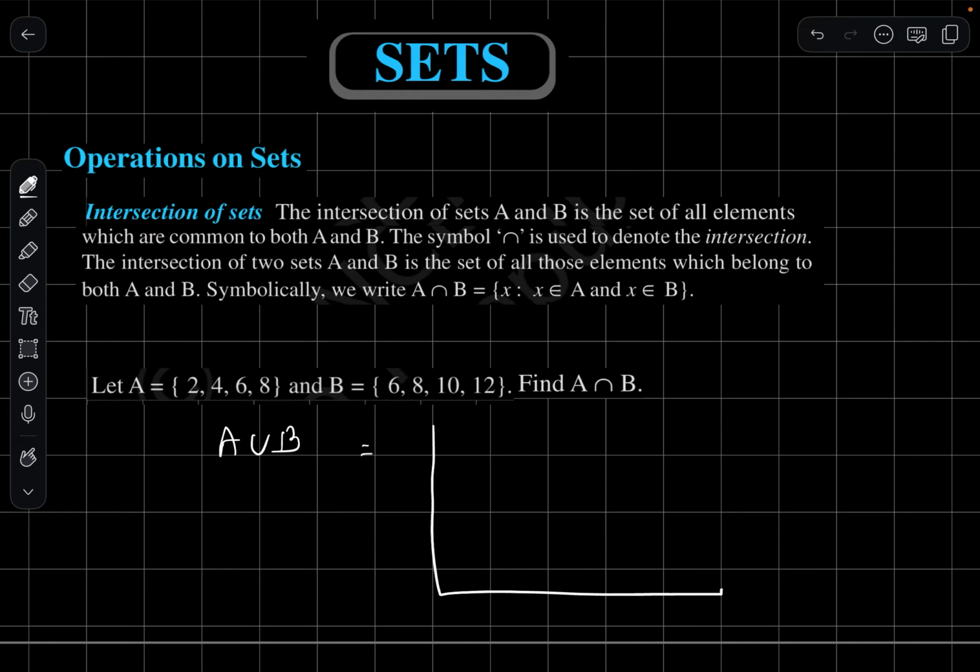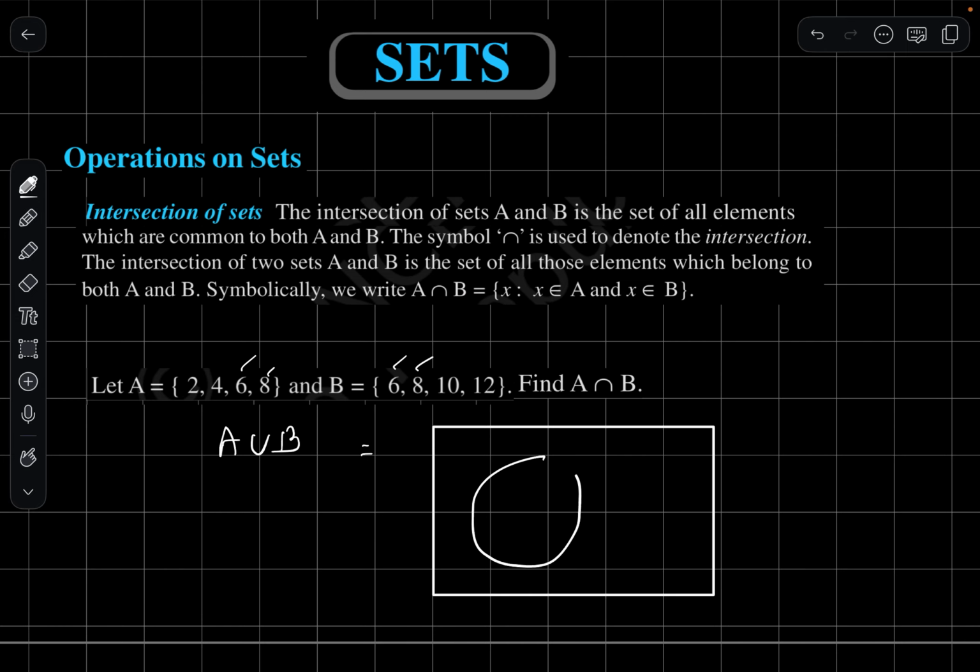So, as I said, you are going to have the rectangle part. Then you have A and B. We take the same example. Here you have the common elements 6 and 8 in both A and B, so the circles should intersect each other. This is going to be A, and the next one,